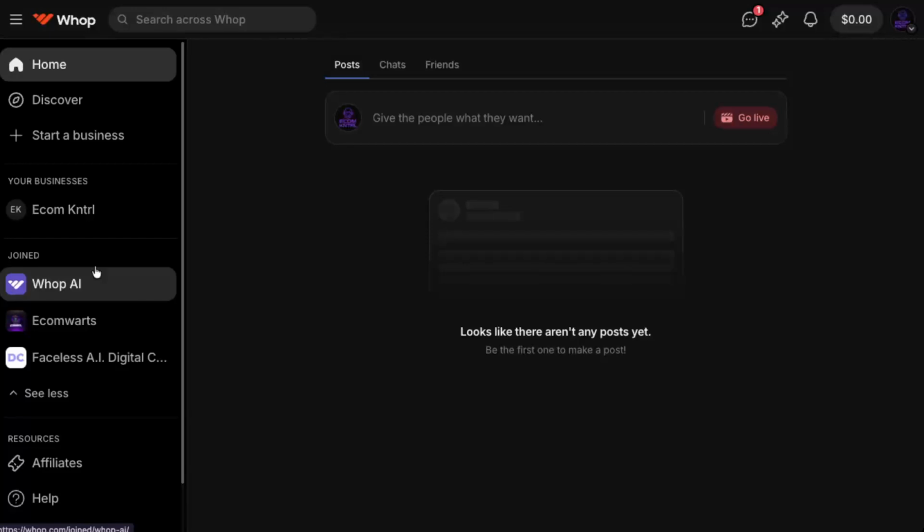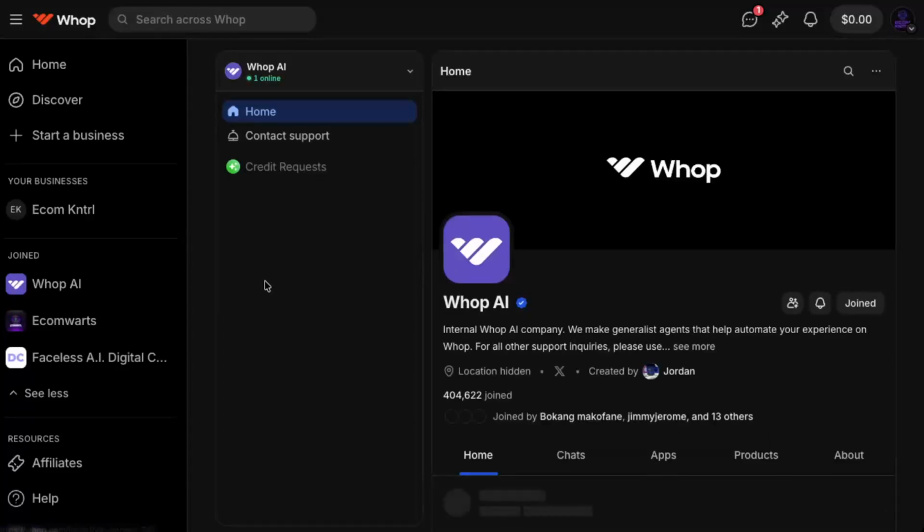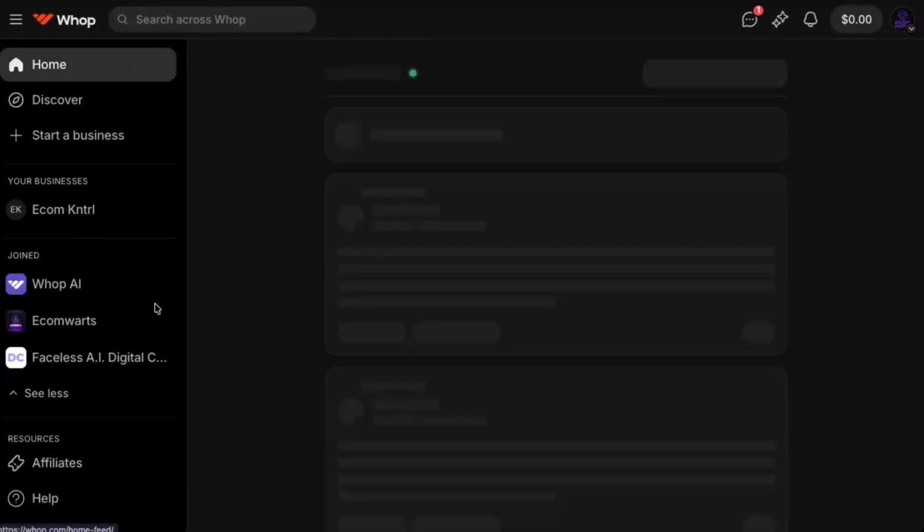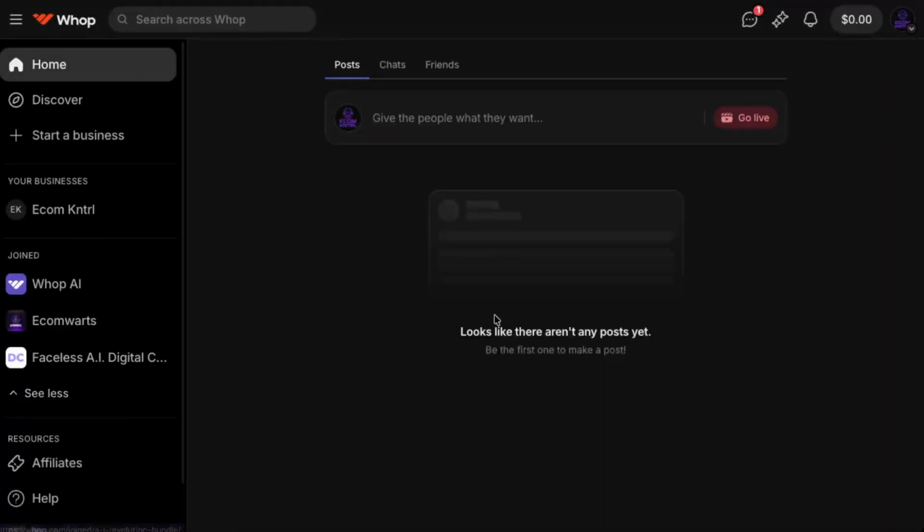Each membership should appear as its own item, often with a name and sometimes an icon or logo, making it easy to recognize what's what. From here, you can click into any specific membership to access its content, manage your access, or just double check what you're currently part of. That's all you need to do to check your memberships on Whop. Open your home dashboard, find the Joined section on the left, click See More,